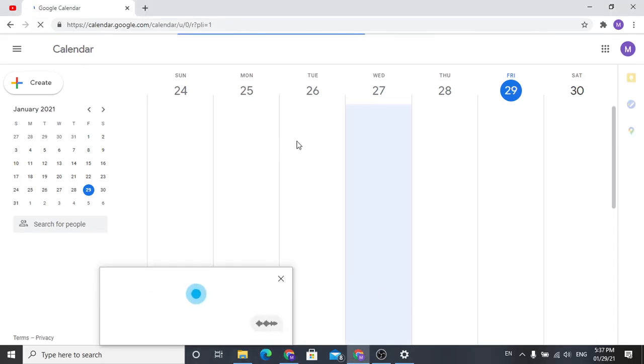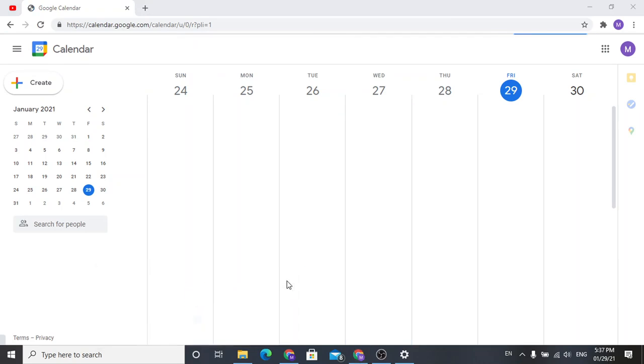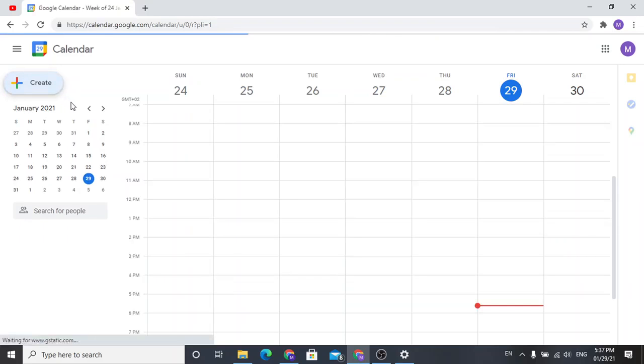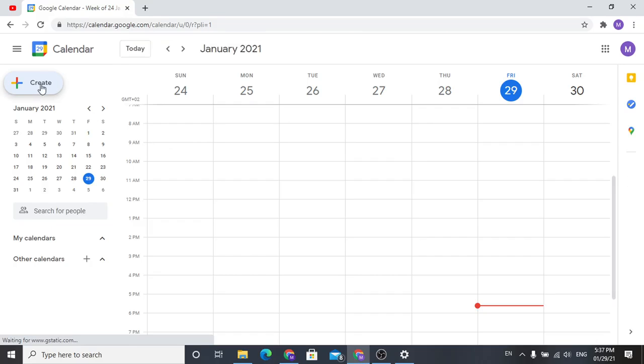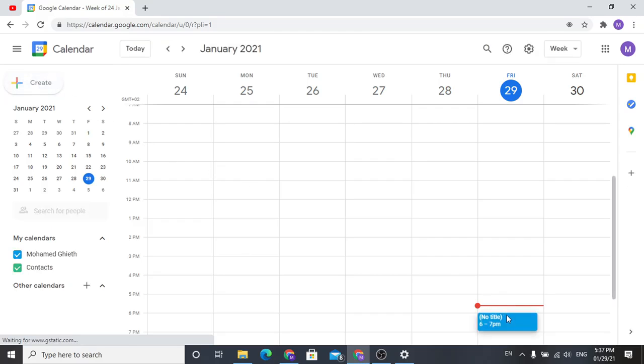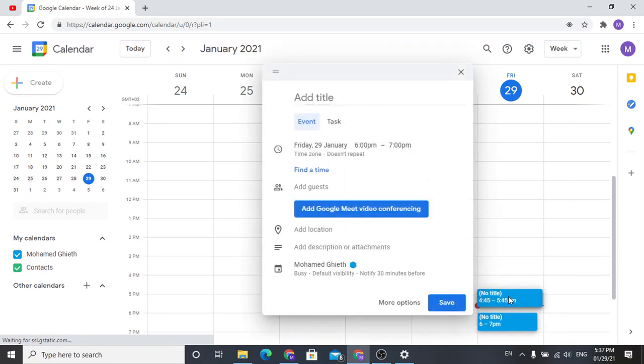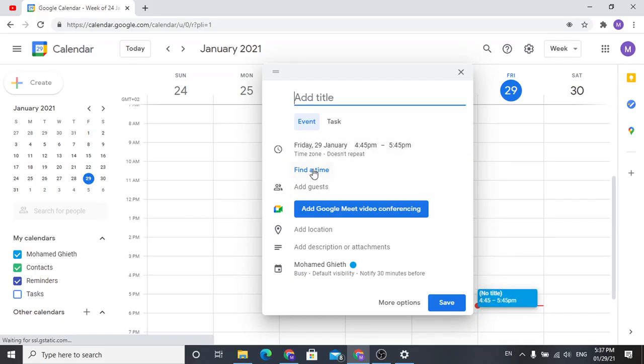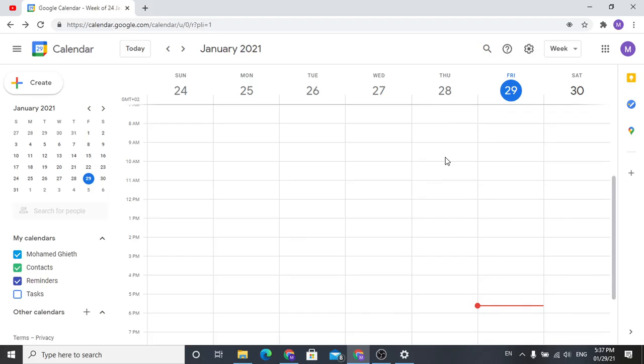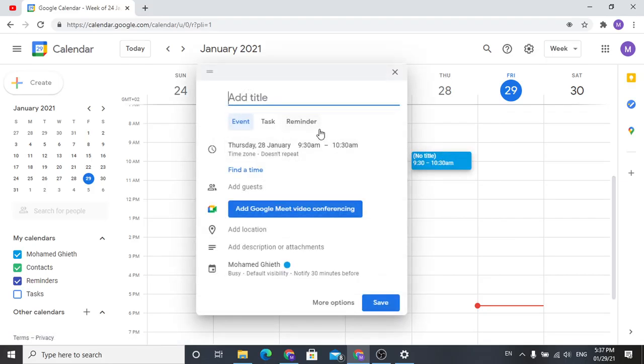And here, as you can see, this is the calendar. You may click create. As you can see, now I have a new event here, and here's properties, add its title and its time, and that's it. You can also add by clicking here, and it automatically gives you an event of 1 hour,